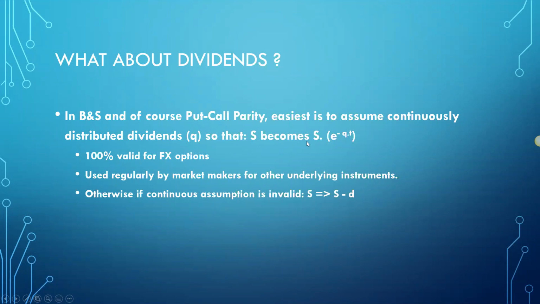Generally, even if it's not always 100% valid, that's what most people do. And sometimes it's even simpler. People just remove the value of the dividend from the strike price. This is something I just wanted to show. It can also be put into the Black and Scholes